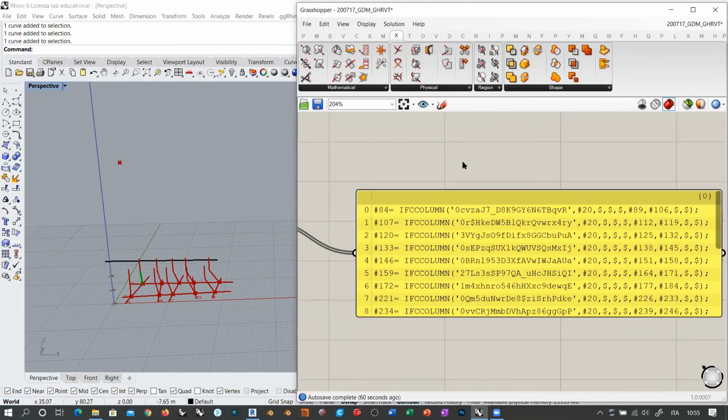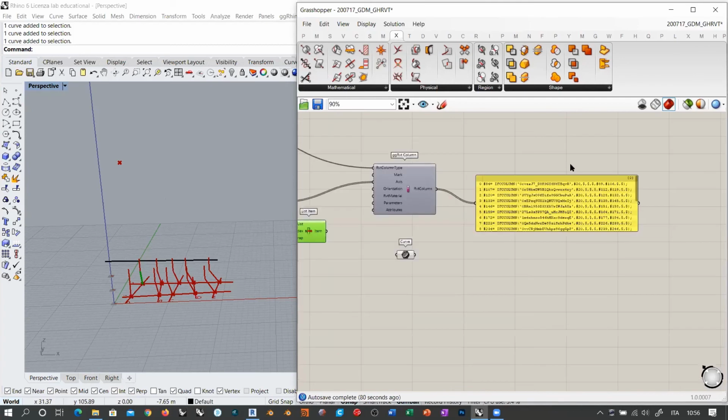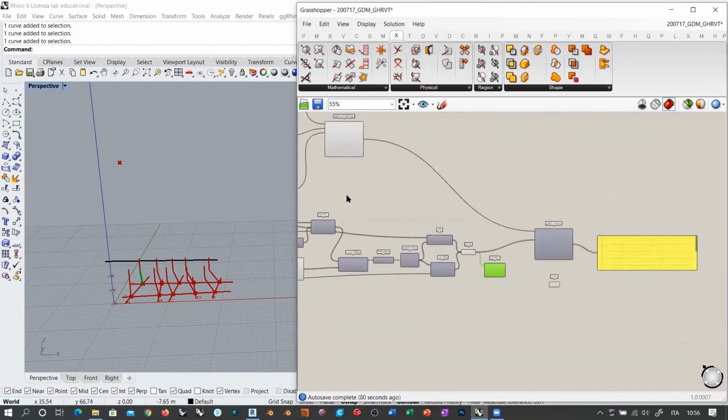Each time that I make some change in Rhino Grasshopper, that column will be given the same Revit ID. So when I re-import the IFC in Revit, the actual column will be substituted by the new version because it will have the same ID. So each edit or change that you make in Rhino Grasshopper, you can update the Revit object by simply re-importing the